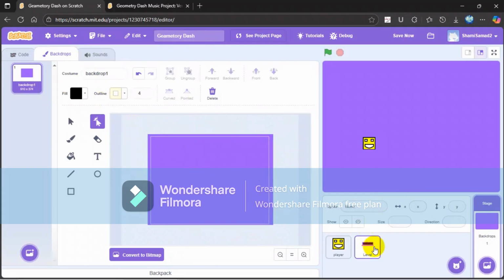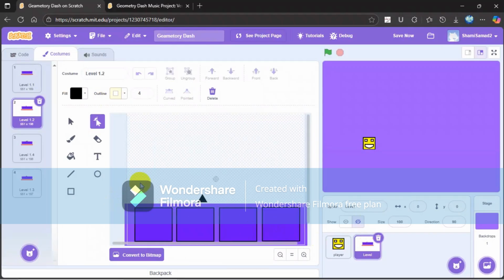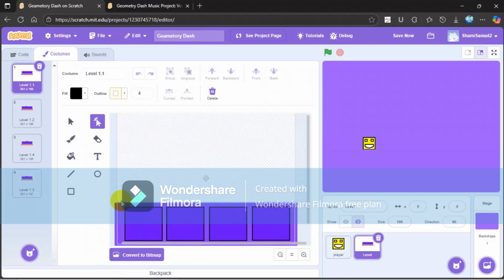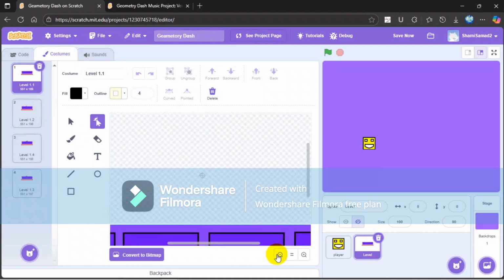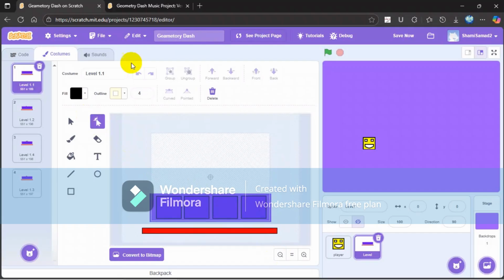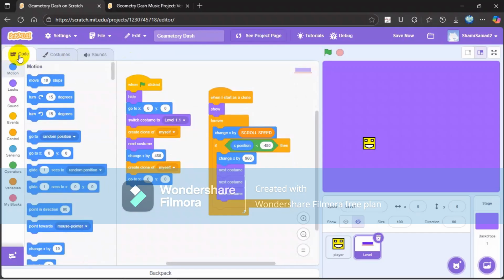Then what you're gonna do is create another sprite for the floor, and just make it put it as low as possible because we need a lot more space for the actual game. So just put it low on the ground, and then you can decorate it by just putting squares on the floor. And then the floor will appear here, and then